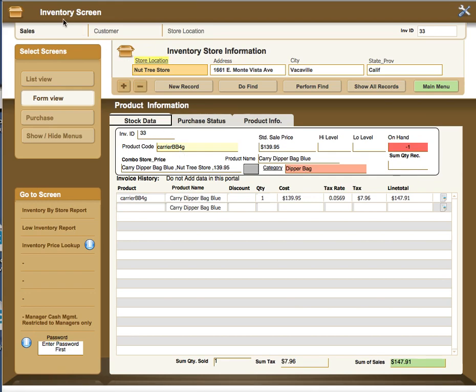In this video help, I'm going to be discussing the inventory screen. I'm going to start out by indicating that the sales invoice, the purchase order, and the inventory screen are very similar in their appearance. The actual work area where you're adding information for the inventory is very similar to the invoice screen